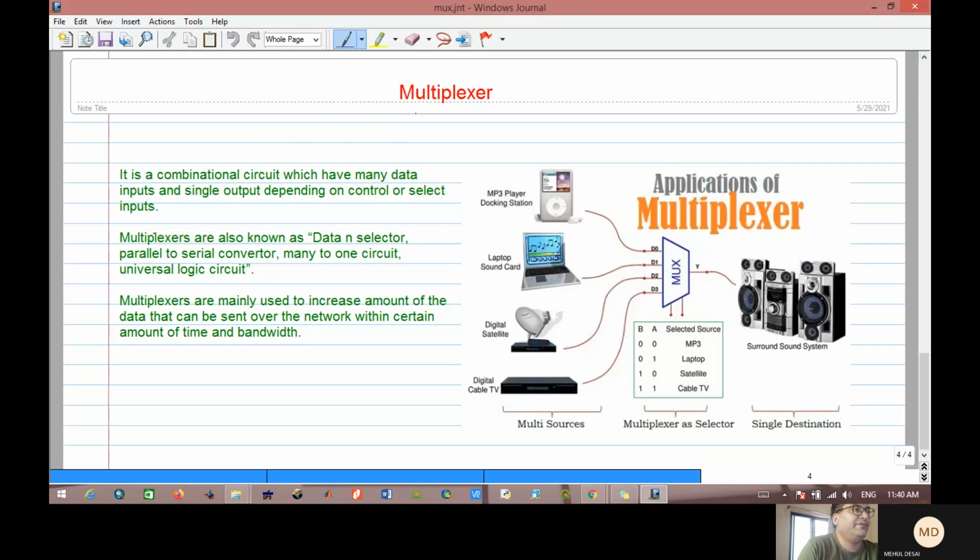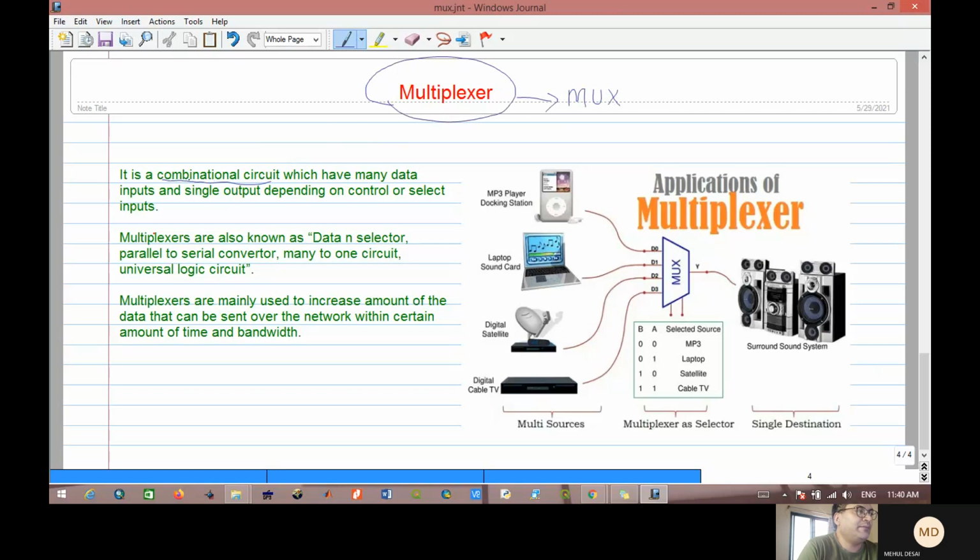In this video, we will discuss the multiplexer. It is also known as a mux. So what is a mux? A mux is also one type of combinational circuit. What is a combinational circuit? That was already discussed in our previous video. A combinational circuit means that its present output depends only on the present input. There is no memory element in it.